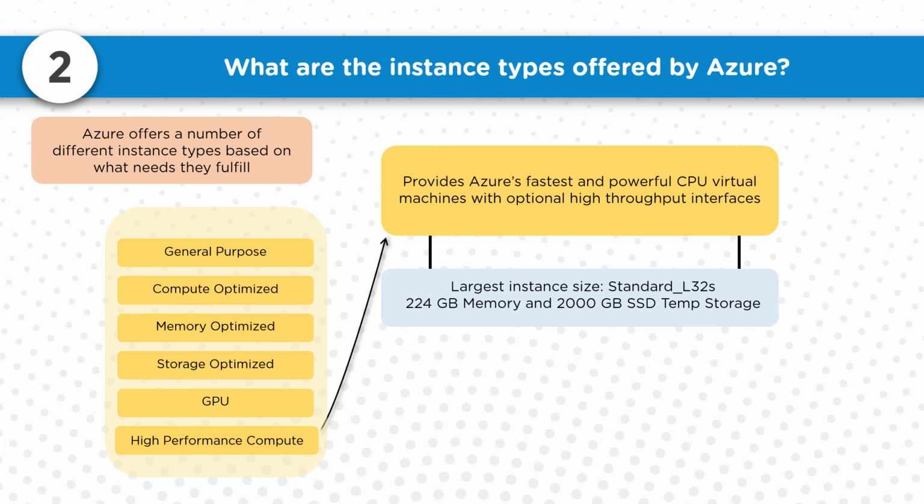They are the latest in high performance computing VMs and are aimed to handle workloads like batch processing, analytics, molecular modeling, and fluid dynamics. A lot of complicated applications run on this VM. This is the fastest and most powerful CPU virtual machine with optional high throughput interfaces. And the largest instance size that's available is standard L32S, which comes with 224 gigabytes of memory and 2000 gigabytes